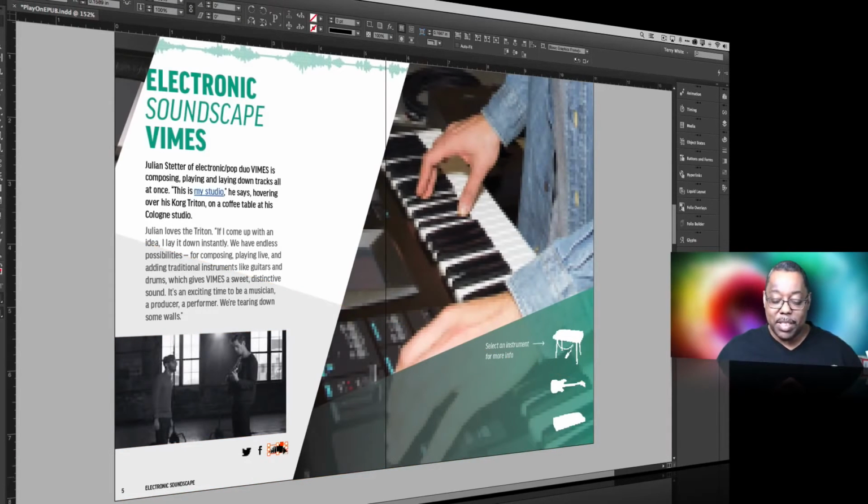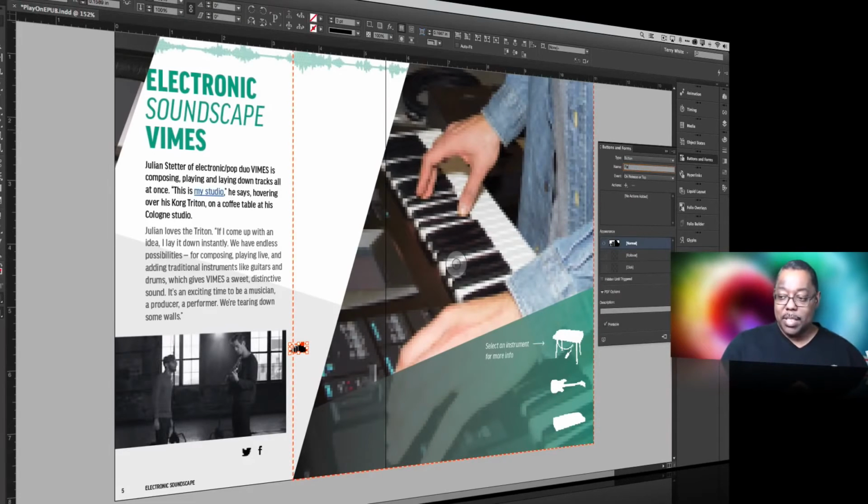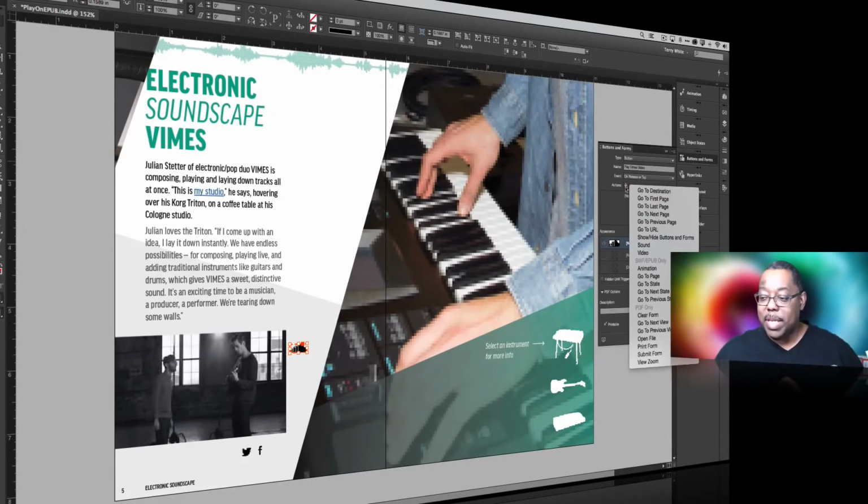So let's pretend for a split second that this is our play button and we want it to play that video. So what we would do is we would go to our buttons and forms panel, and now with that object selected, we're going to say that this is a new button. And what we want the button to do, again, we can name it. That way it'll keep track of your buttons and you'll know what they're for at a glance. And on release or tap, if you're on a mobile device, I want the action to be,